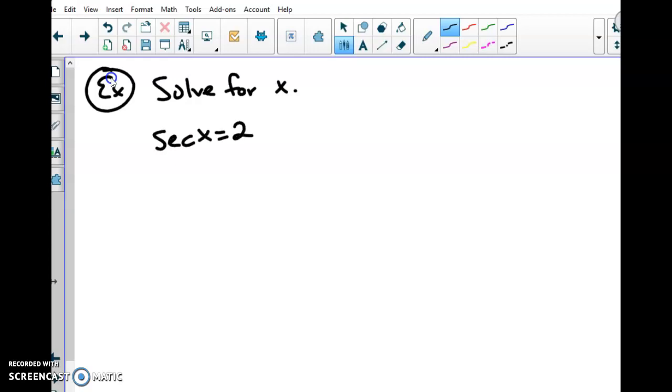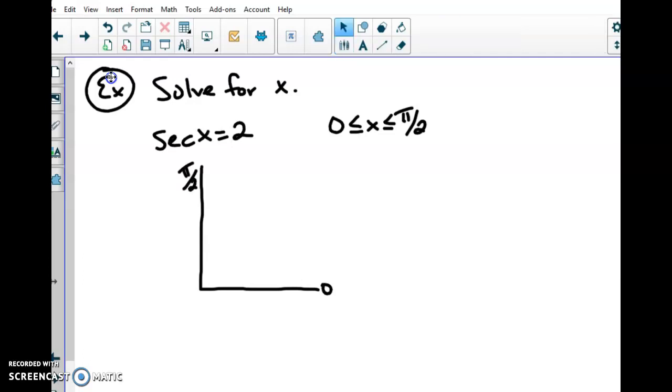So when we're looking at this, we're going to be trying to use the unit circle based on an interval, which I forgot to give you, 0 to pi over 2. So looking at that, 0 to pi over 2 means that I'm going to be in quadrant 1 of my unit circle because 0 starts on the far right, pi over 2 is technically like your y-axis. So I'm going to draw a reference triangle,